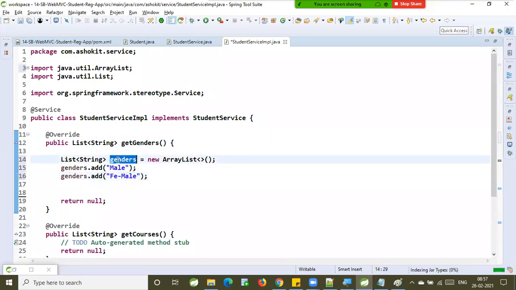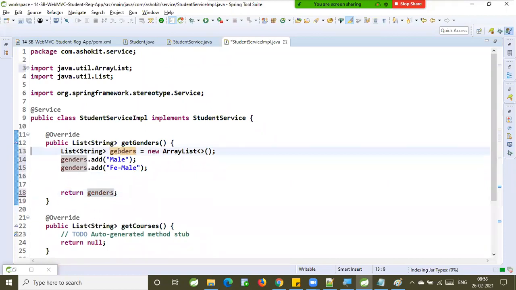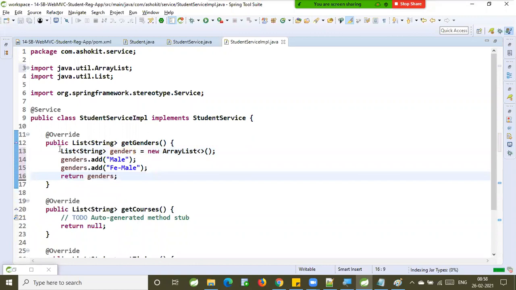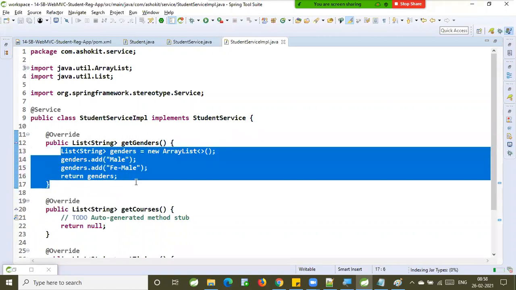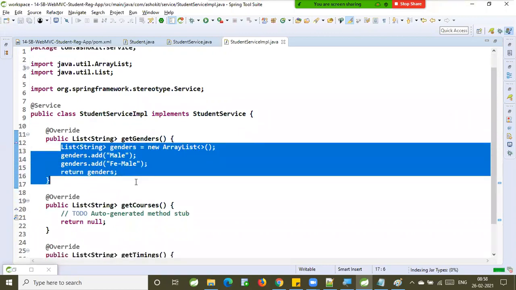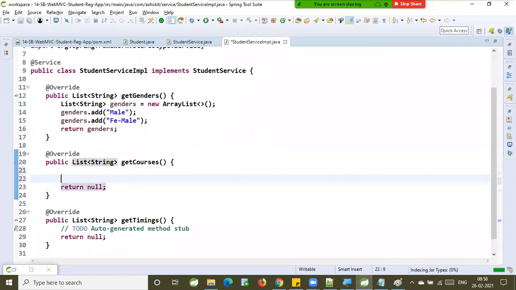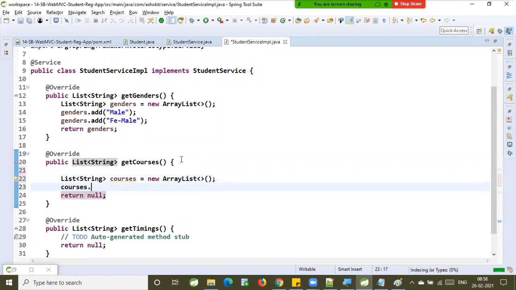Okay. Now, can I return the genders collection from my method? Yes, sir. In future, we will read this data from the repository, from the database table. Similarly, can I return some courses also from this method? Yes, sir. List<String> courses = new ArrayList. Now, courses.add of